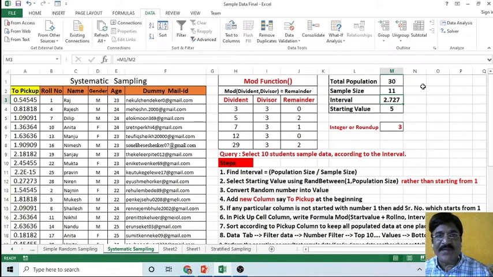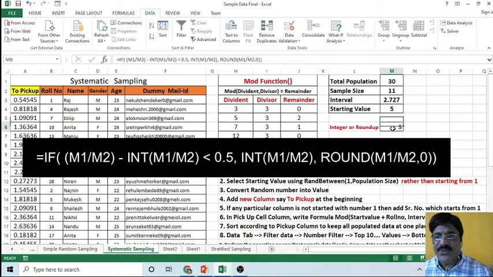Now how do you decide whether to ignore the fraction value or convert it to the next integer? You can use this rule. If the fraction value is less than 0.5, you take the integer part, which means you take 2. If the fraction value is greater than 0.5, you round up the number to the next integer.